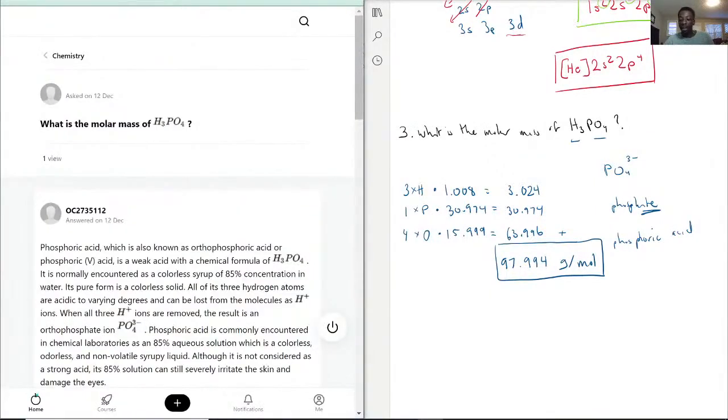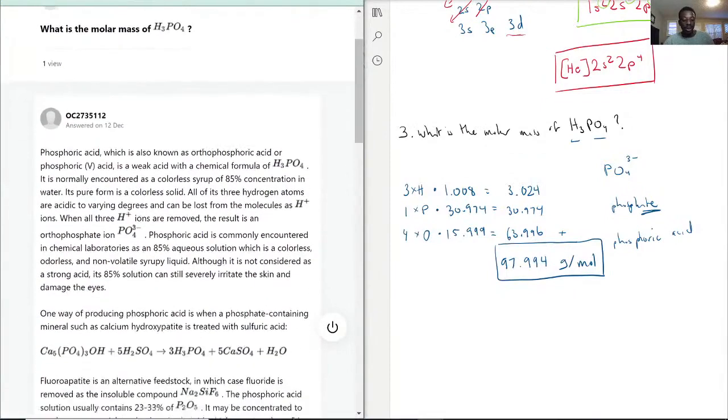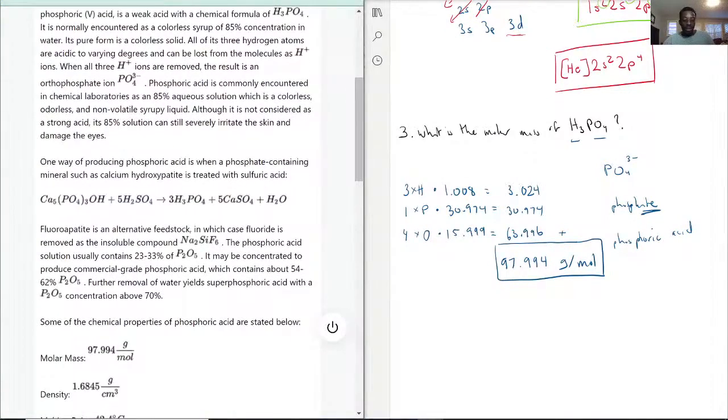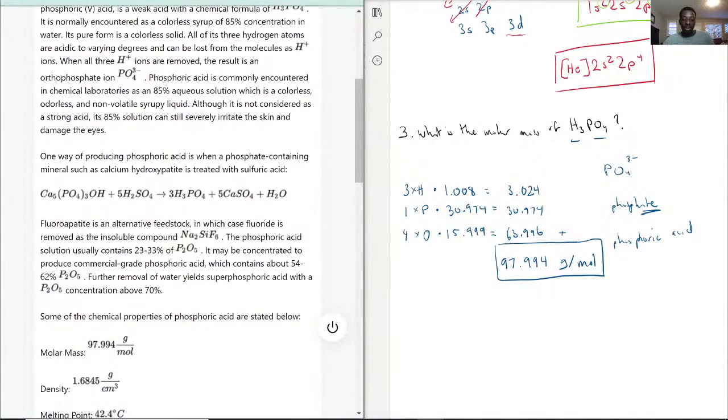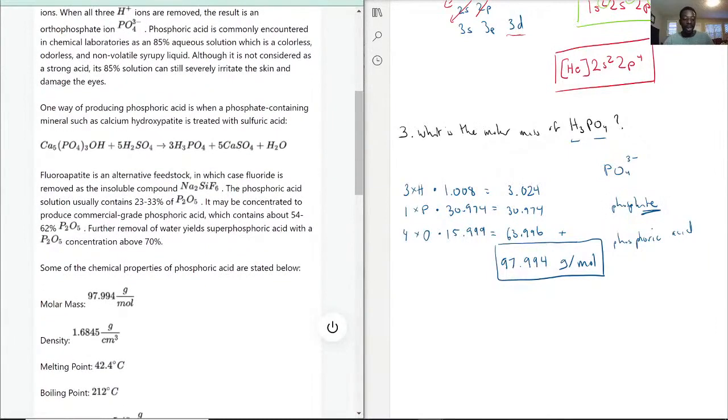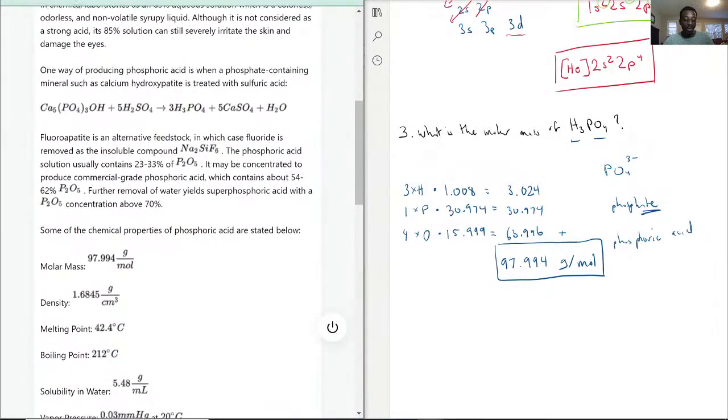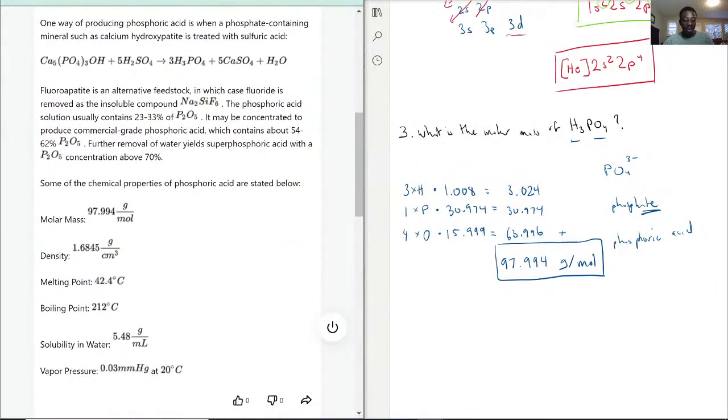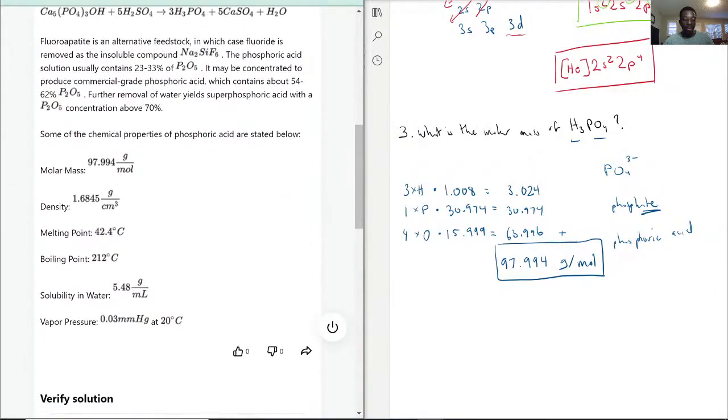So let's see how we did here in regards to that. All right, they're talking about the different properties of phosphoric acid, what interactions and what formulas it's involved in. And here now they're talking about the molar mass, and here they have it for us, 97.994. They do go ahead and discuss other aspects of it, like the density, melting point, boiling point,